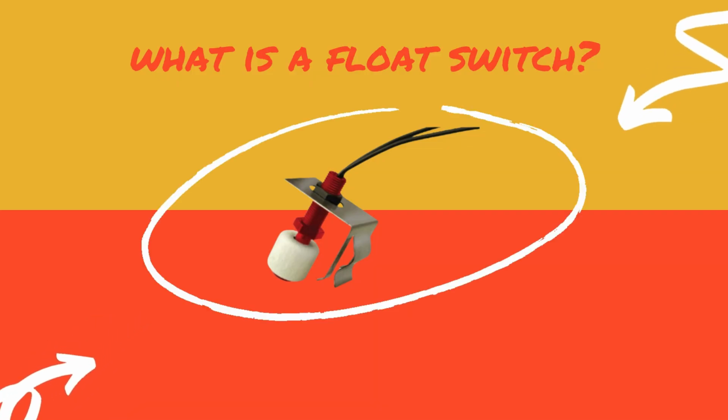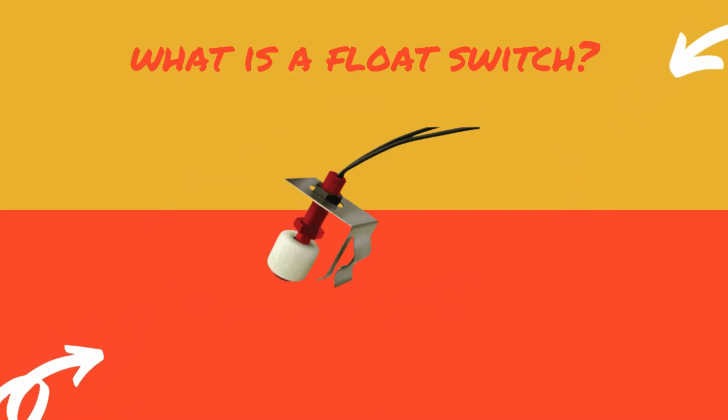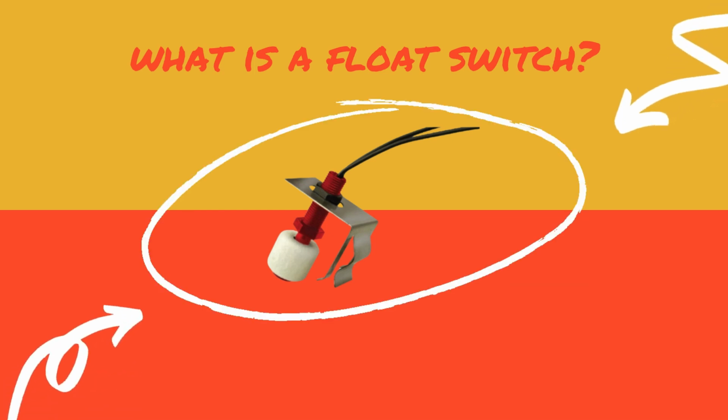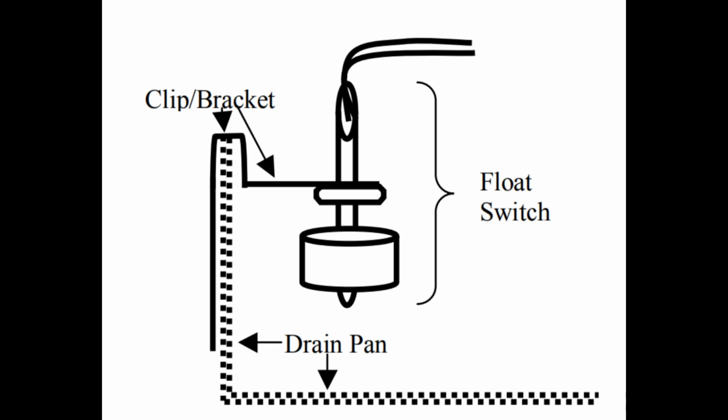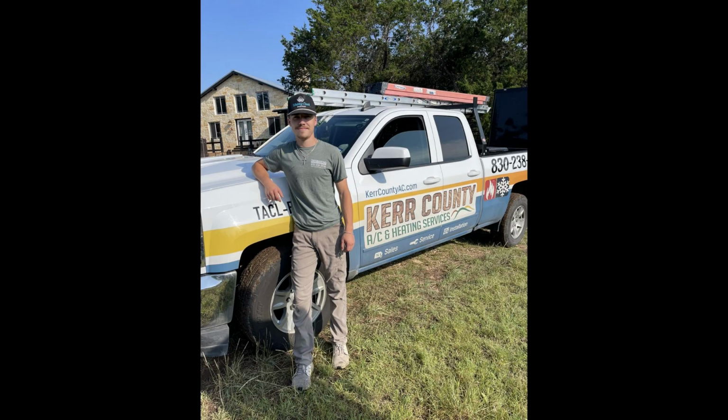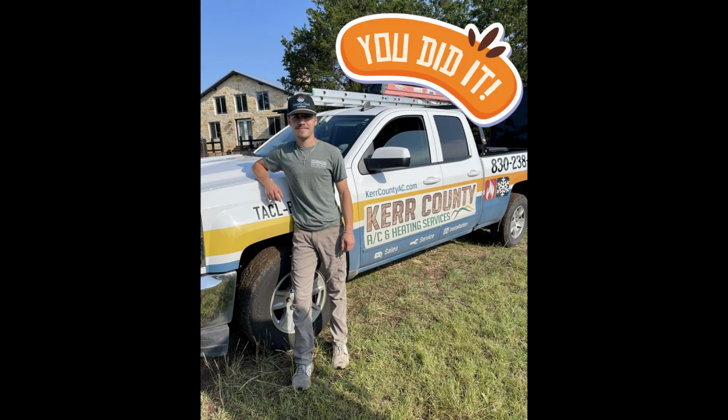The purpose of the float switch, also known as a condensate overflow switch, is to prevent the drain pan from overflowing if the drain stops draining properly. The switch is activated when the level of water in the pan reaches a certain point or danger zone, causing the switch mechanism to trip and the float to rise. When this happens, the switch will send a signal to the AC unit and it will shut off, preventing the drain from overflowing. At this point, your HVAC technician can locate and fix the source of the leak before water